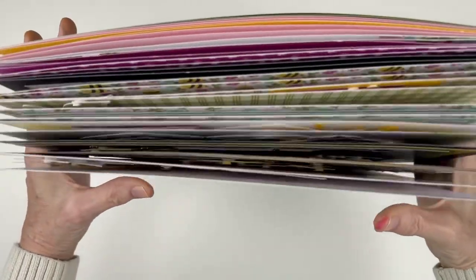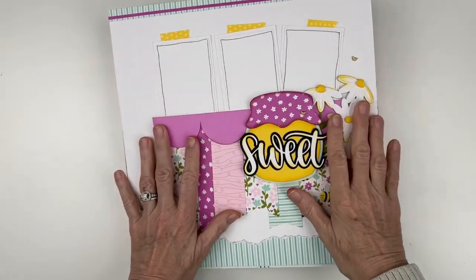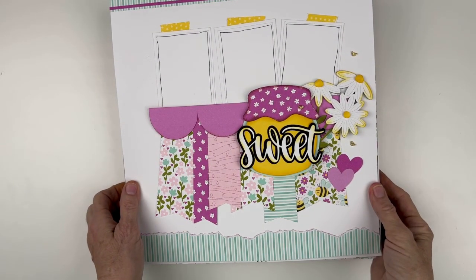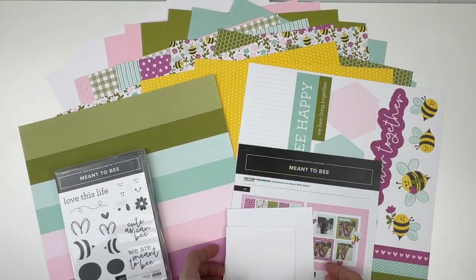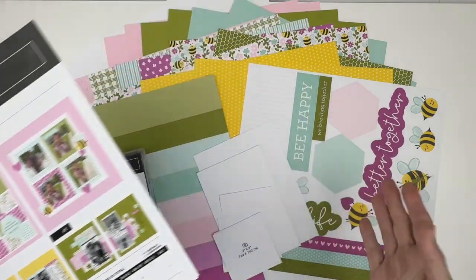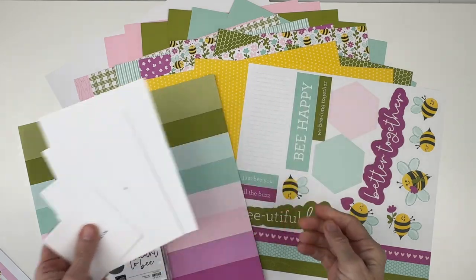I have 28 pages here of a really cute and bright scrapbooking collection called Meant to Be or Cute as Can Be. And I'm going to share tonight one paper theme 3 ways, 3 different levels, 3 different workshops, 3 different styles. Now, 2 of the workshops that I'm sharing tonight are created using the Meant to Be Scrapbooking Workshop